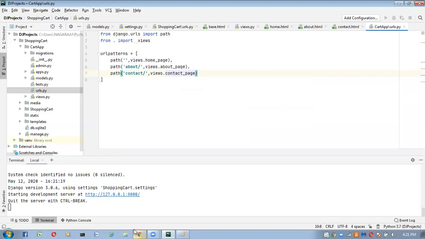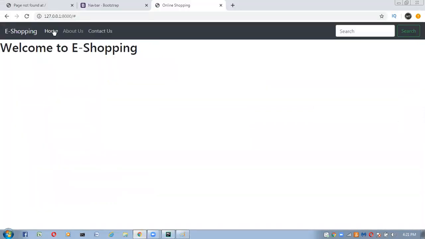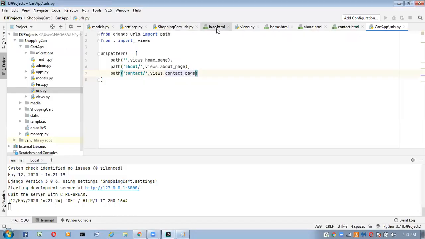Now go back to the browser. See here, if you click on home, what are you getting? Welcome to e-shopping. Now if I put the mouse pointer on top of contact us, what will you get? Nothing, because this link is not working. We have to provide that link. Go to the base.html file.